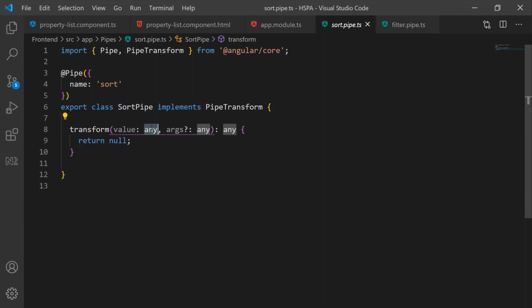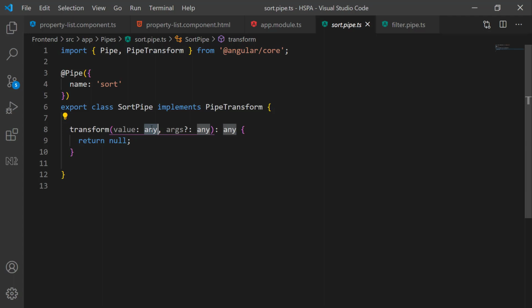Honestly speaking, I have not explored the unknown type yet. That is why I am not using this, but it seems Angular prefers to use unknown now as the new CLI has started to add it in boilerplate code. I will explore it later, and I will add a new lesson on this if it is really useful. I have provided a link for you in the description for your exploration. I would like to hear from you if you find something useful for this unknown type.